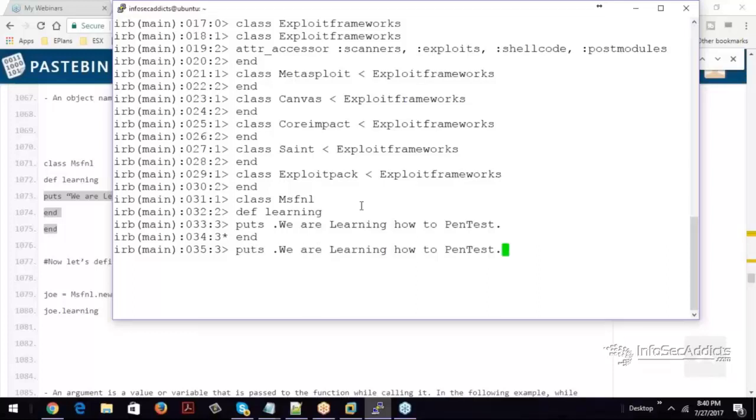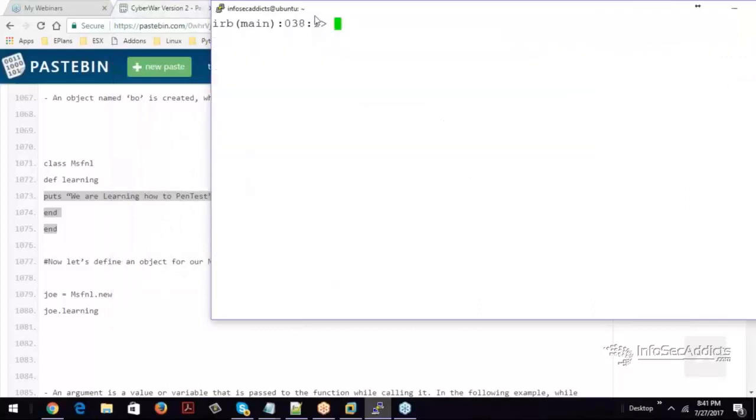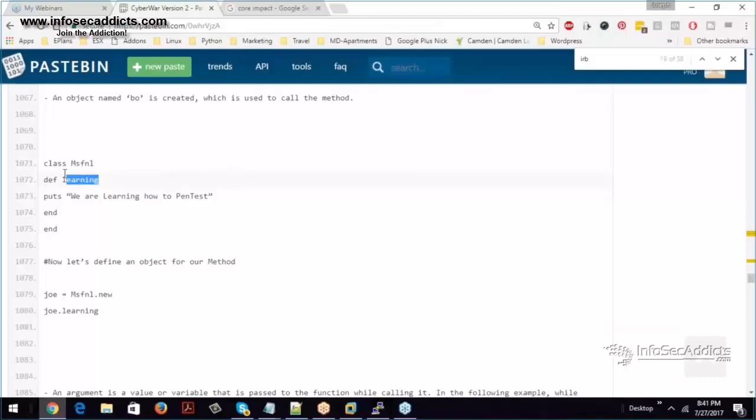Now I need to fix that and make those quotes. There we go. We're learning how to pen test. Now I can say Joe equals MSF in L dot new. I want to add to this, and I'm going to add Joe dot learning. There's that Joe method added to it. Okay, so now the Joe object gets whatever method, this is what you're doing,